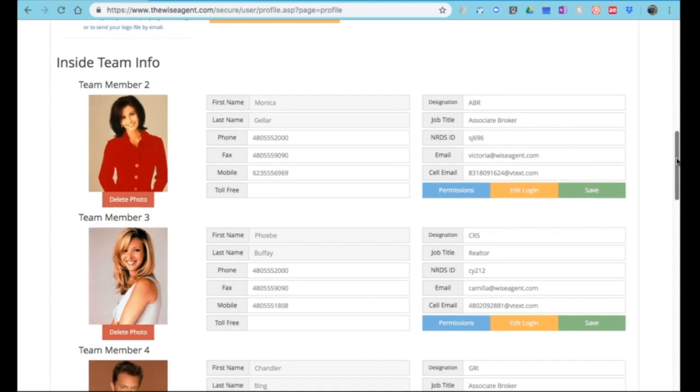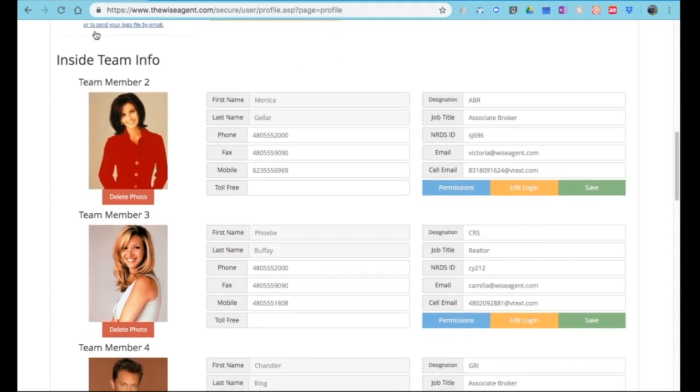The next thing on this page is going to be your team member information. So you have a few different options for your team member. You've got an option to just add your team member and they log in with your login information and utilize the account just as you would, so they'd see everything and be able to do everything that you do as a primary account holder. The second option is to purchase a login for them,